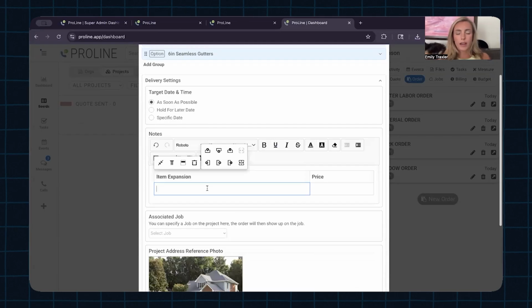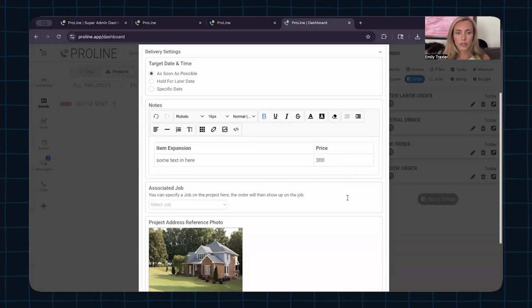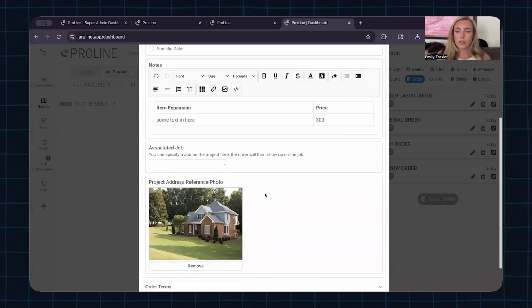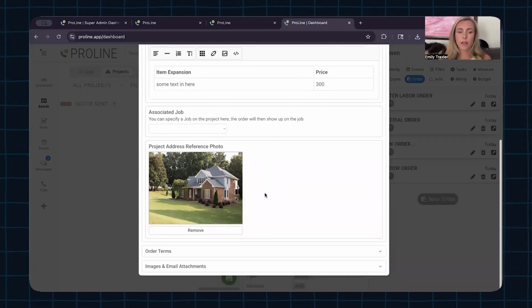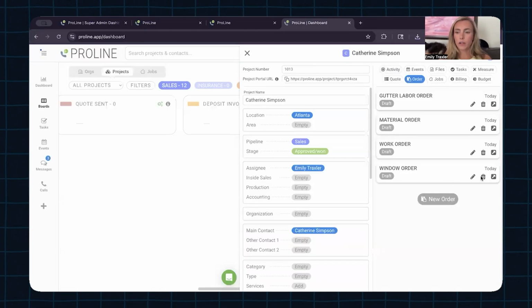Remember I said that I had some text in here. 300, and I can associate a job if I had created jobs on this quote, which also could be done, or on this project, which also could be done automatically. I have not created any for this project, so I don't have any options there, but let's save and close